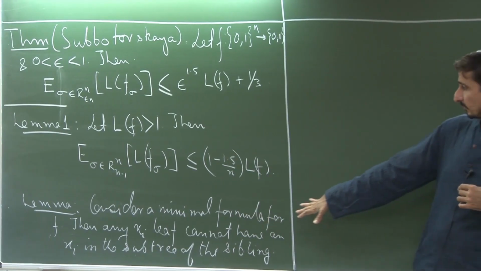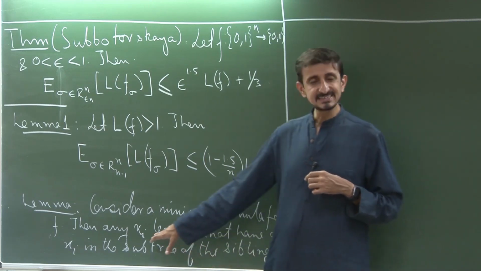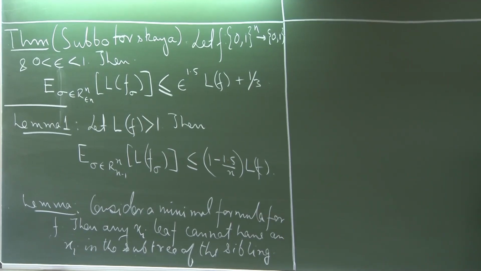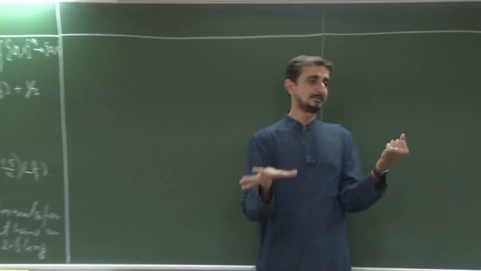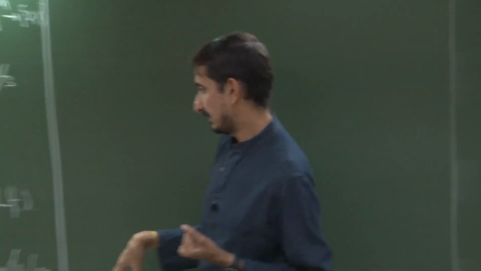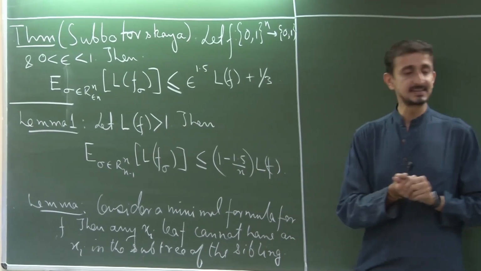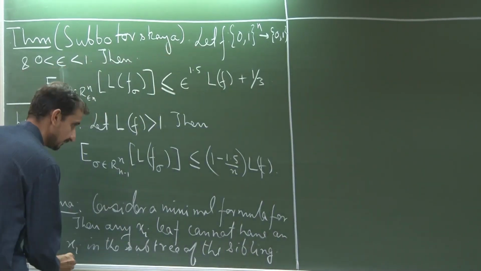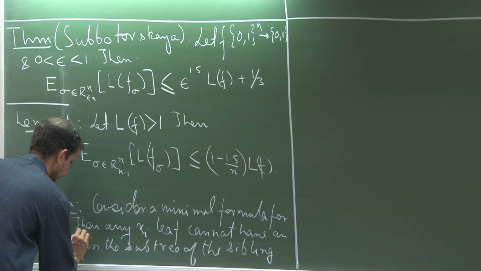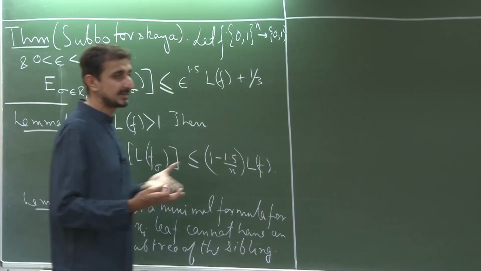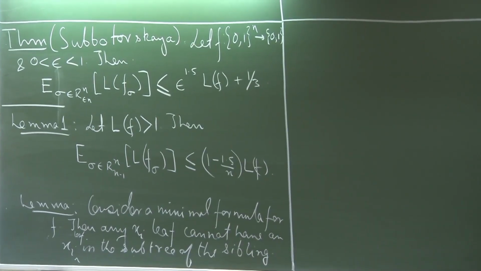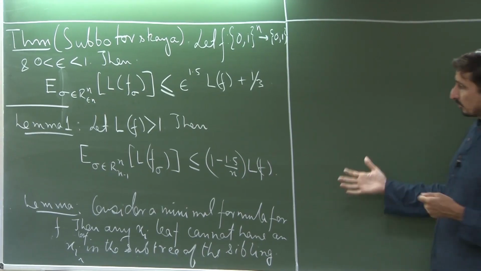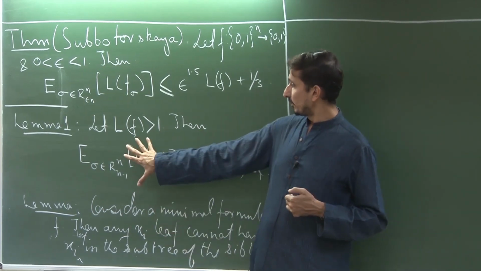If we consider a minimal formula for f, and we look at any leaf labeled xi, then if we look at the sibling of that leaf and the subtree rooted at that sibling, that cannot have another xi leaf. More precisely, if it has an xi, it has to be a leaf only, it cannot be an internal node, but yes, it cannot have xi. We argued why this is true last time. Now using this lemma, we want to prove